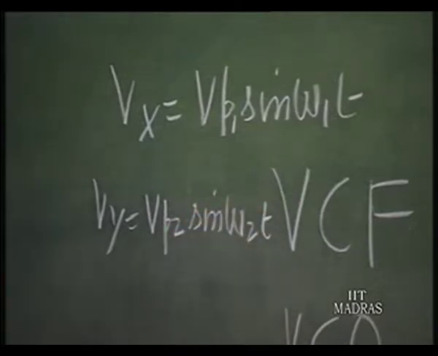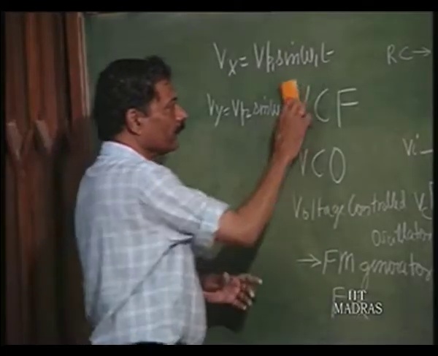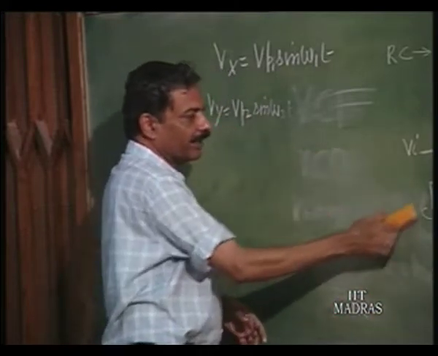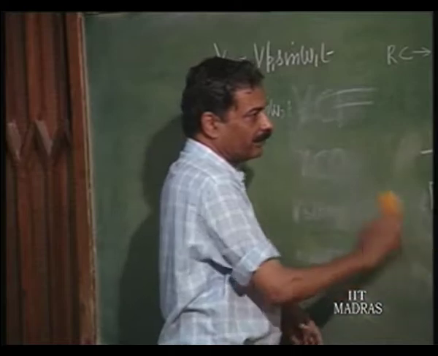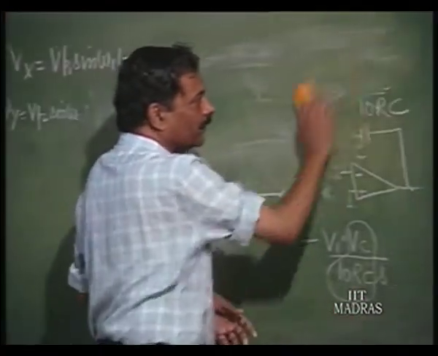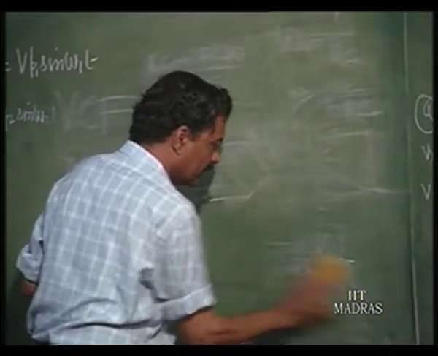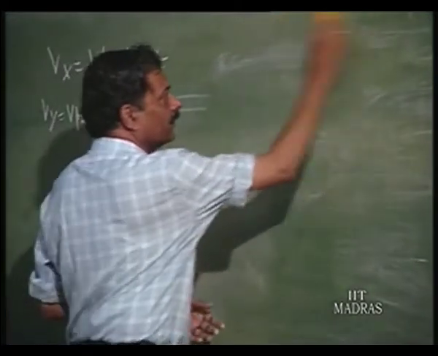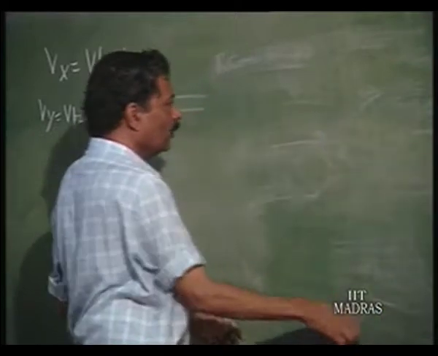The inputs are now different. These are two different frequencies that are coming as inputs to the multiplier. So, what is going to be the output? This is of interest to us in communication. So, output is going to be